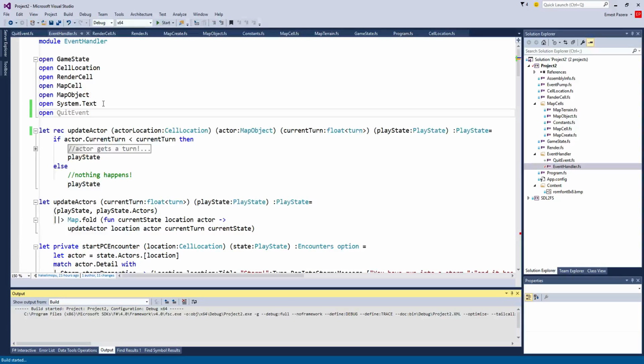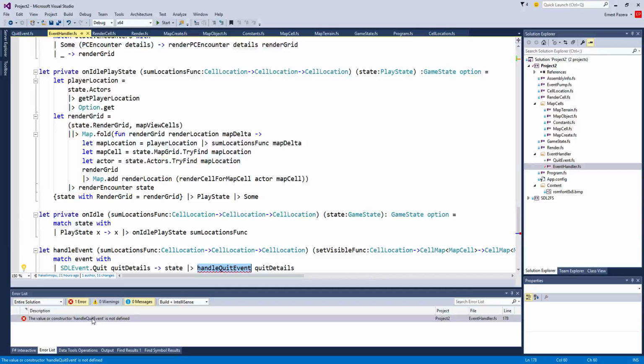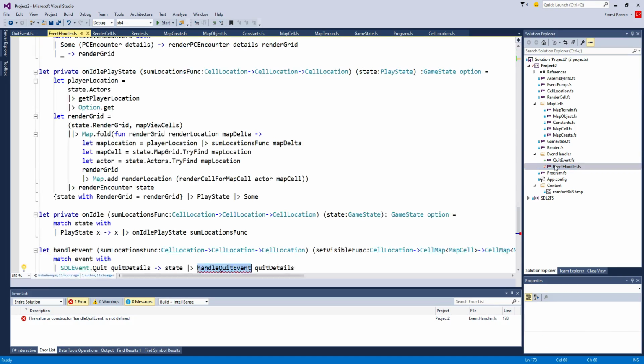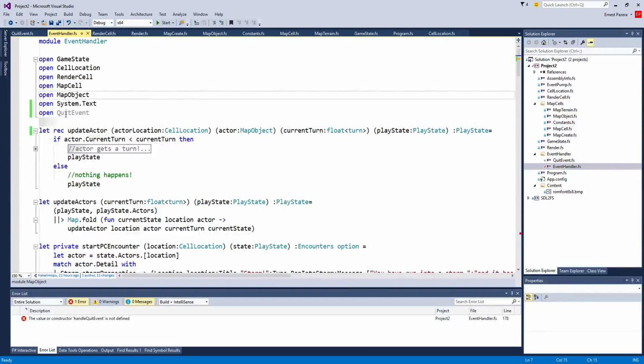And then we're going to be okay. Quit event is called quit event. Quit event, unless, do we,